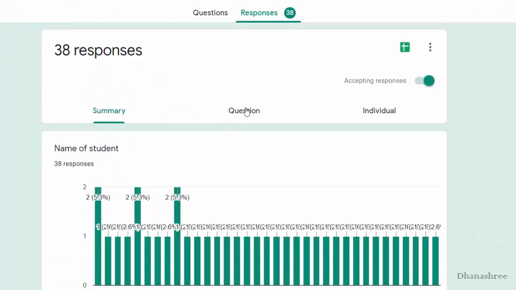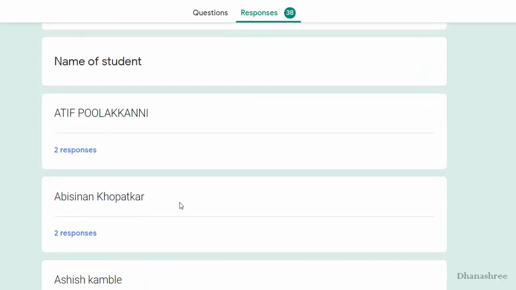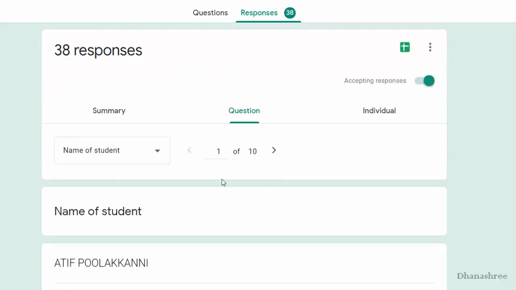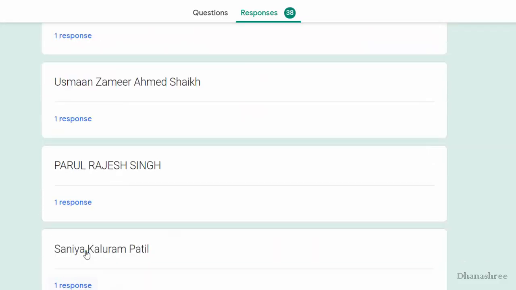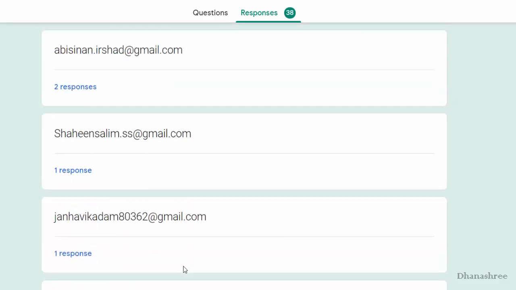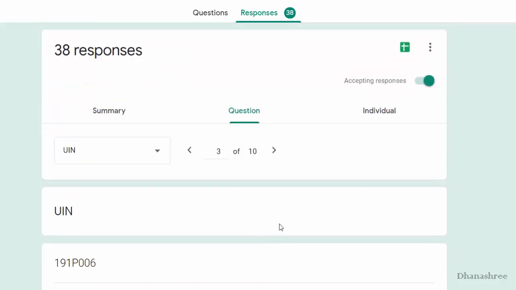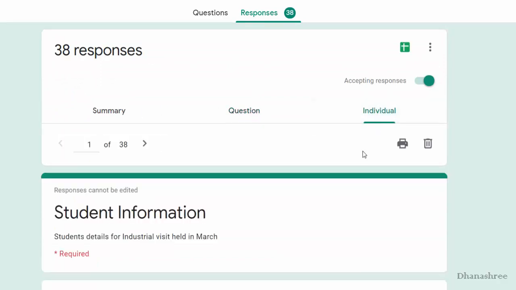Second, you can see the responses question-wise. So you can see there are a total of 10 questions, and this is the first question and the answers for that question. Then for the next question, these are the answers, and so on. If you want to see the individual responses, that is also possible.